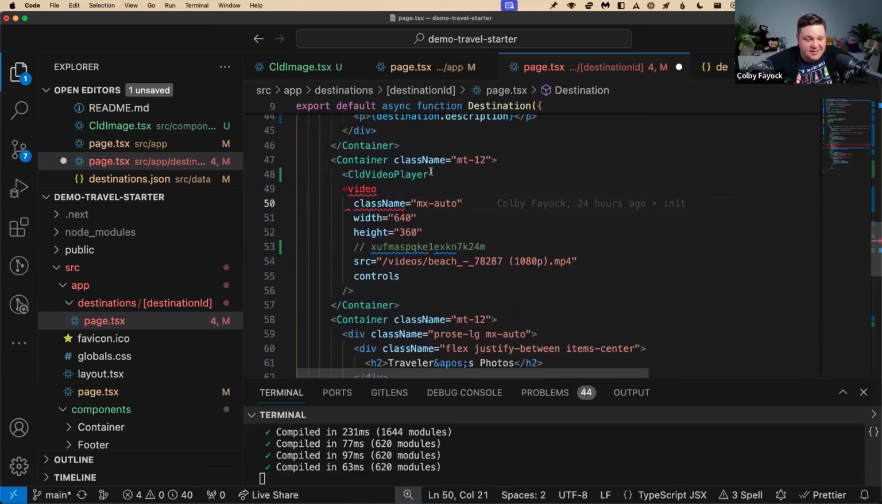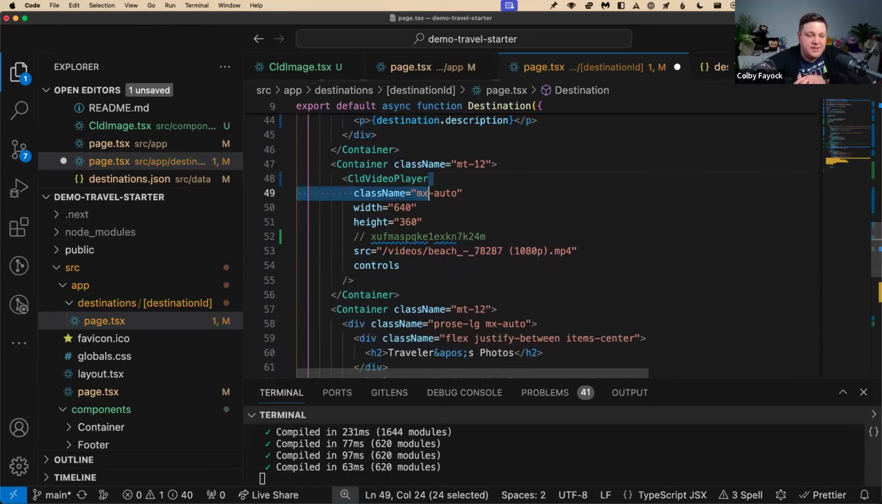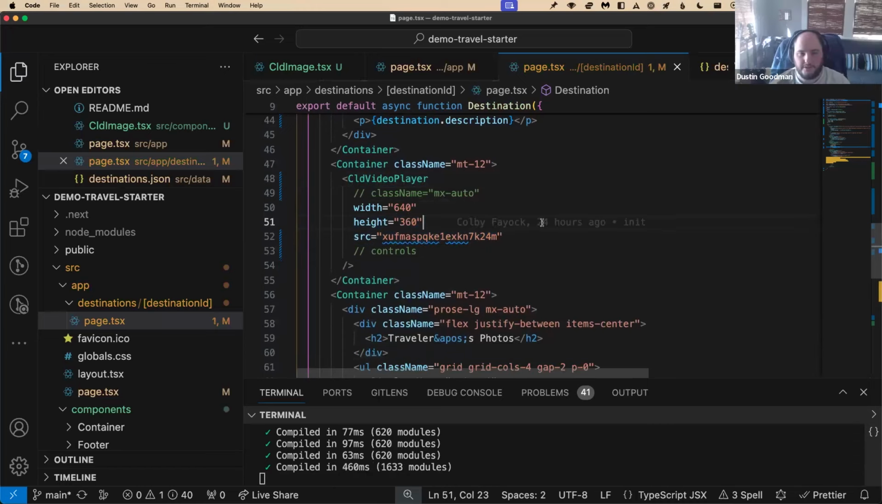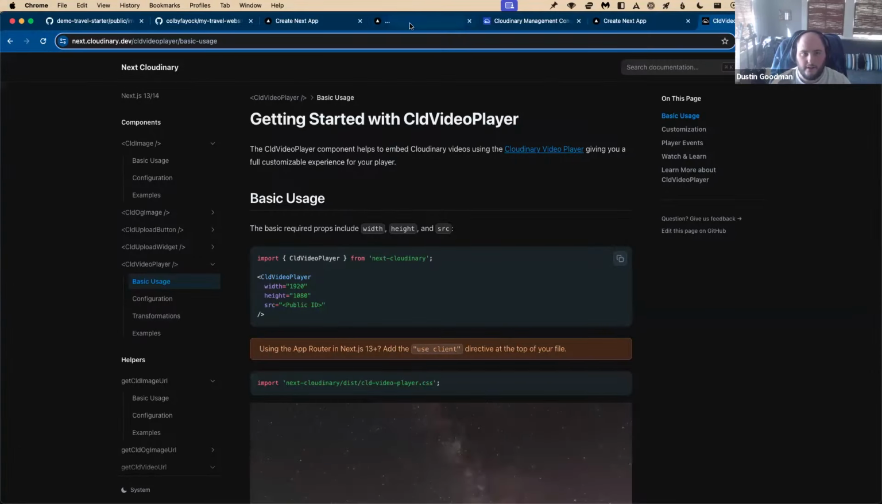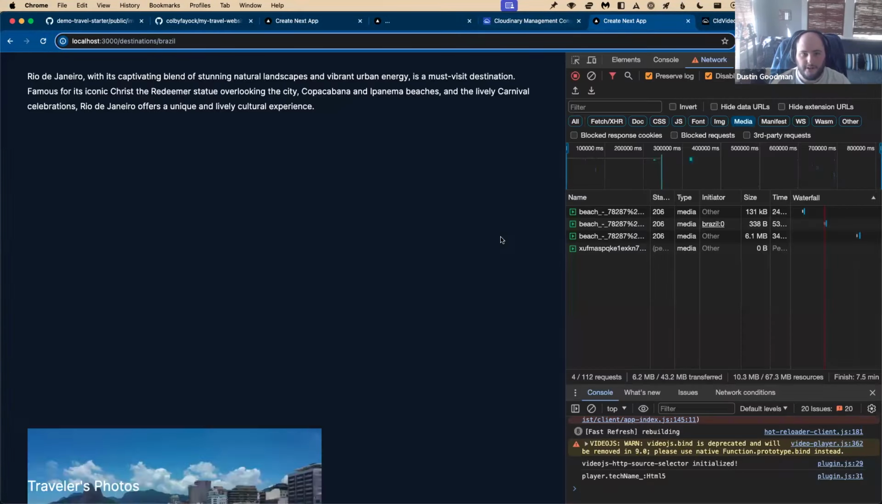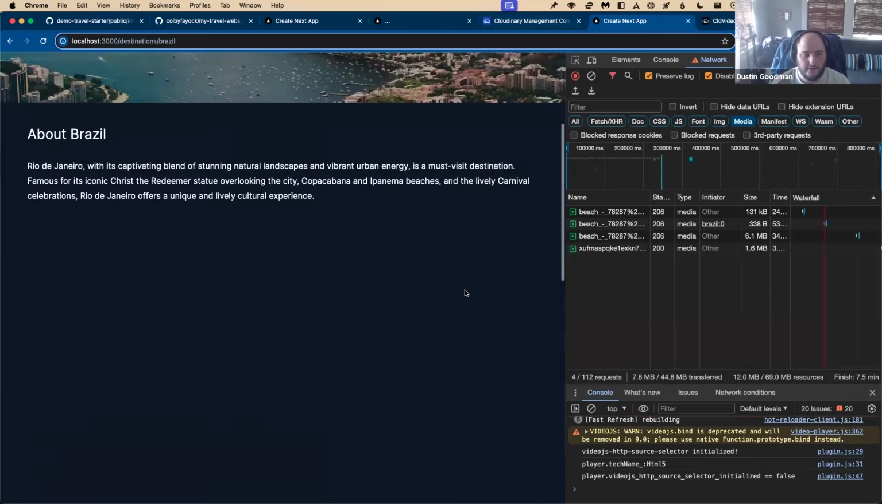Perfect. And then for the most part, I think we just need the width and the height, and then the source, and we just need to update the source to be the public ID. And I don't think we need controls there. I think we show the controls by default, but of course you can turn the controls off if you'd like. So if I do exactly what you just said there, and we go load our page,